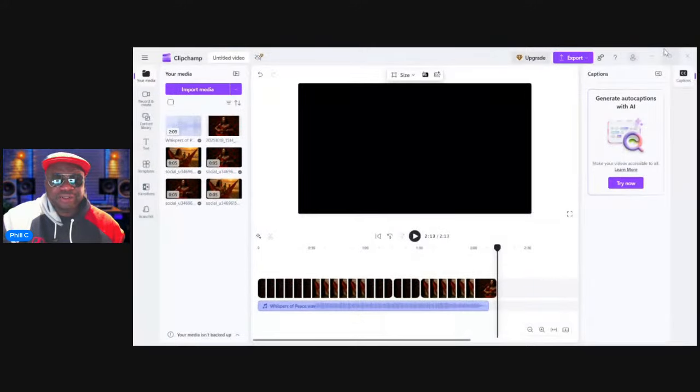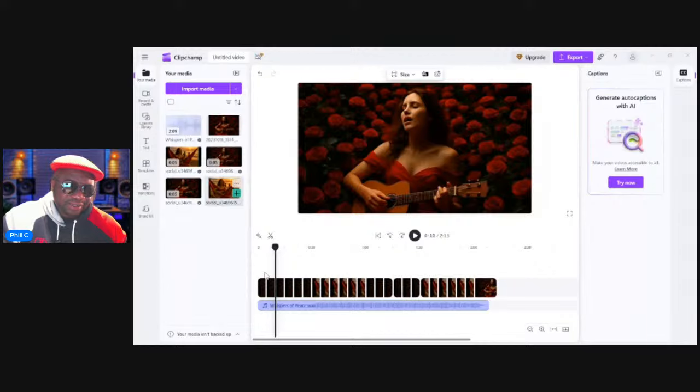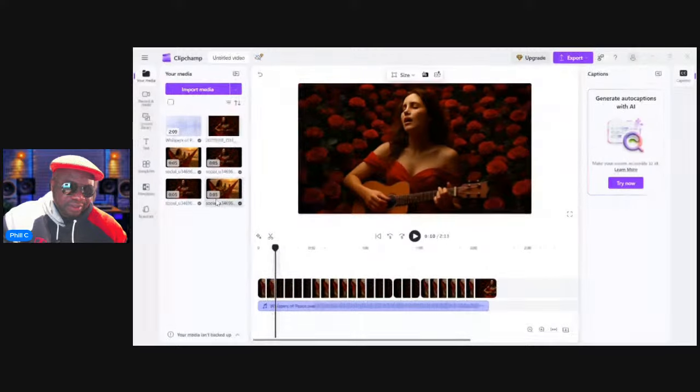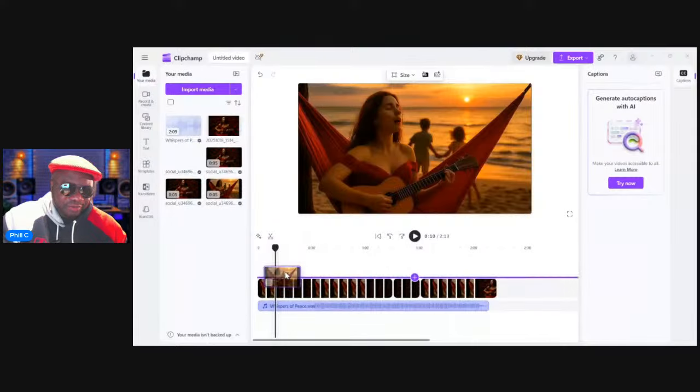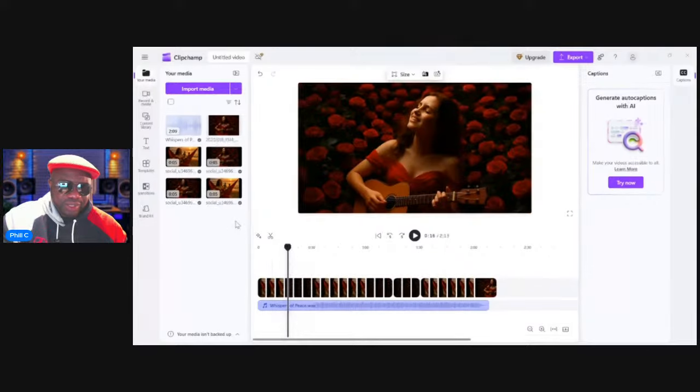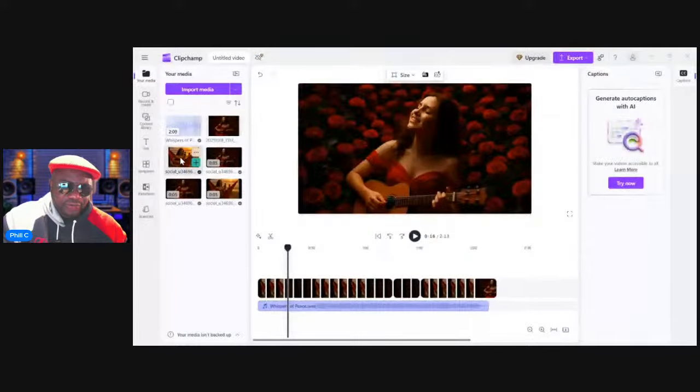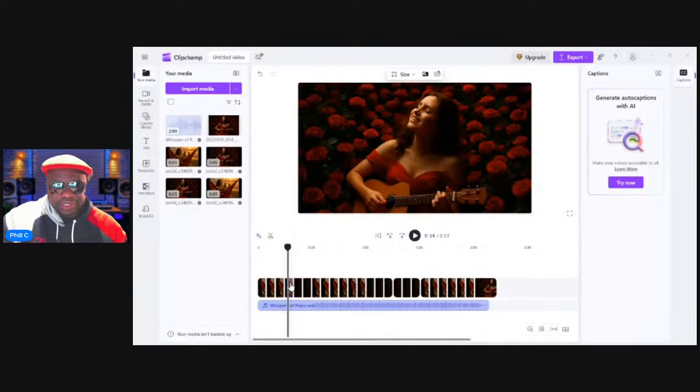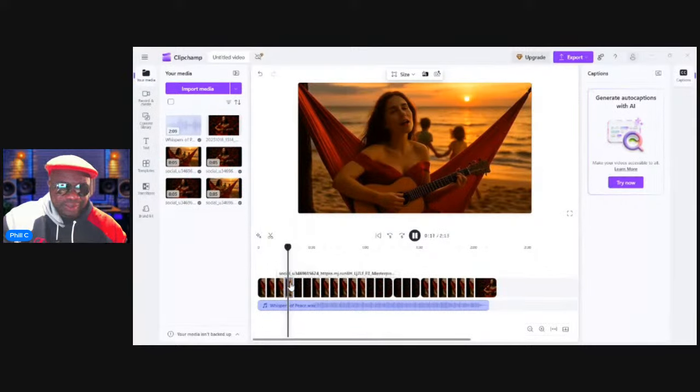Like these first few seconds, it doesn't make sense to have so much activity. So I'd rather use the hammock for now. I just drag the hammock videos directly onto what was there before. That's one of the cool things about Clipchamp. It could be a different video, but since they're the same size in terms of format, I could just drag a new video of that same size on it and it just aligns on the screen nicely.